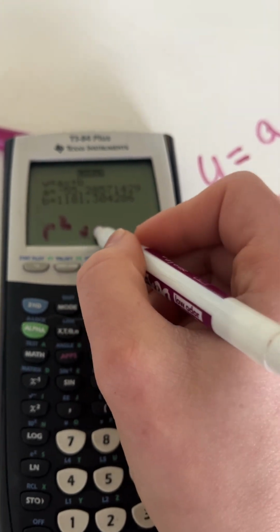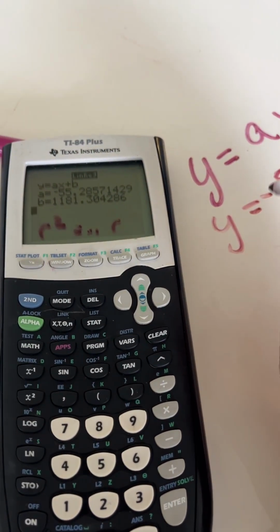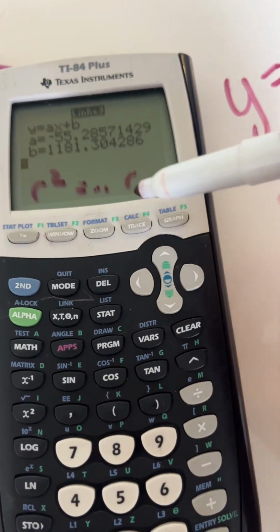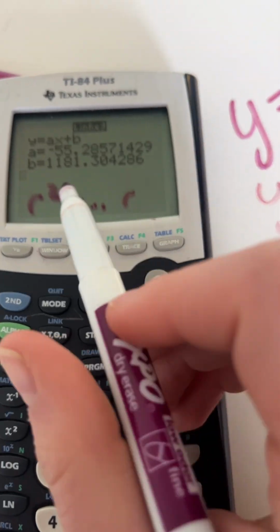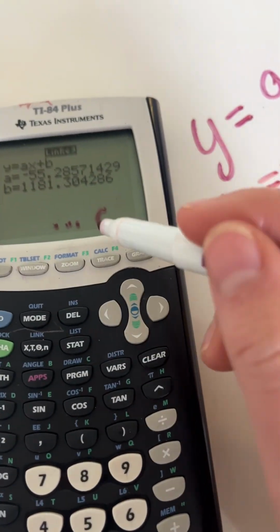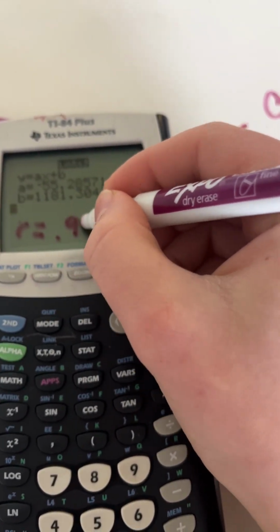On the calculator at the high school, you're basically going to see something that says r squared equals, and then r equals. I'm not a calculator wizard and I don't really know how to switch the mode of my calculator, but just pretend that this is giving you an option for r squared and an option for r. That's going to be what's called our correlation coefficient, which is relevant to problem number 2. We are going to ignore r squared. We don't care about r squared. We want to look at r. In this case, I calculated that r for this example equals 0.98. Oh, and it's a negative